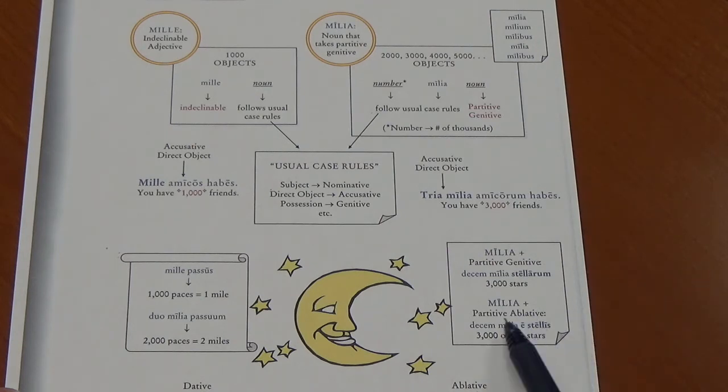There's also a partitive ablative. We already know that preposition, e or ex. This is just a different use of it. One reason we don't stress it when we first learn e or ex is that we've just learned that of means genitive, possession. So we wait and teach it with the partitive genitive. Decem milia